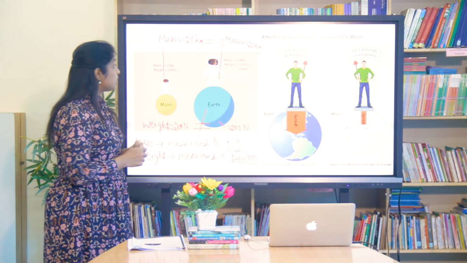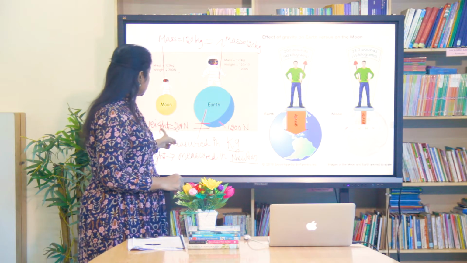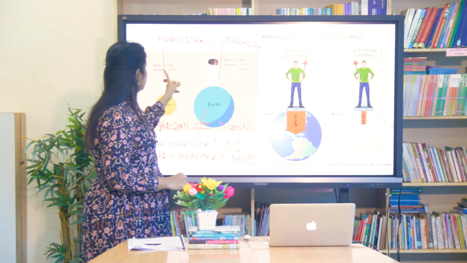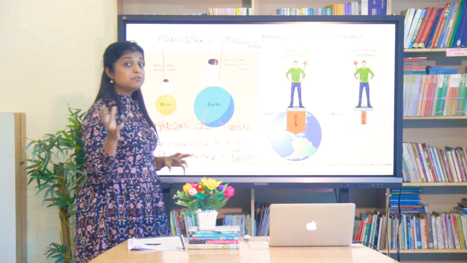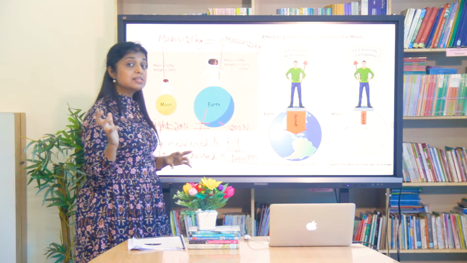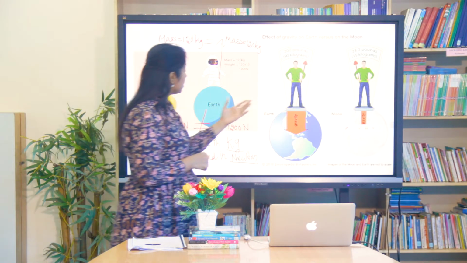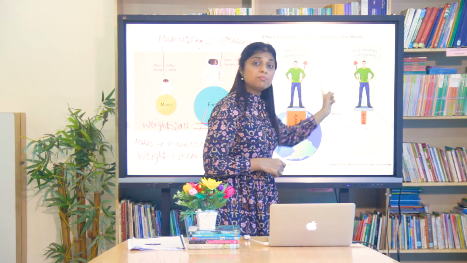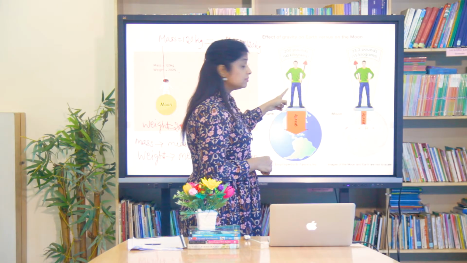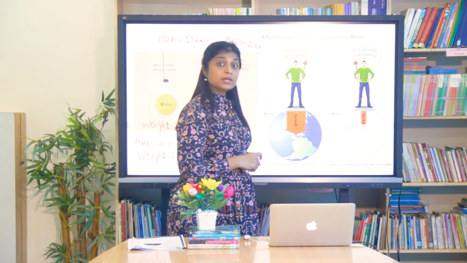Now we have to find out why is that difference, right? Why the weight is not the same, but why the mass is the same. So we have to learn about mass and weight definition. We are going to do that, okay? Now come to this picture. You can see the same person on both, right? Same person on the earth, same person on the moon as well.